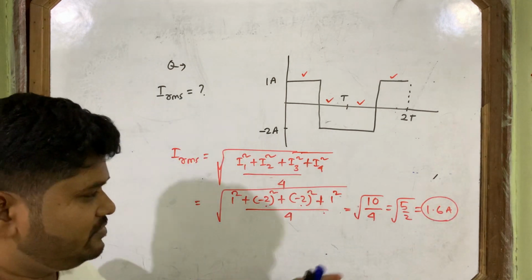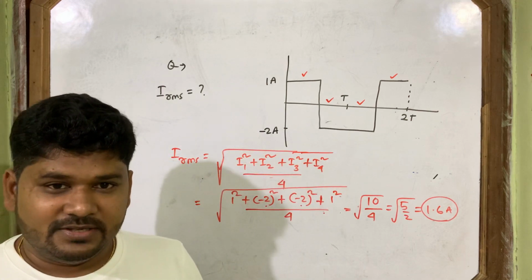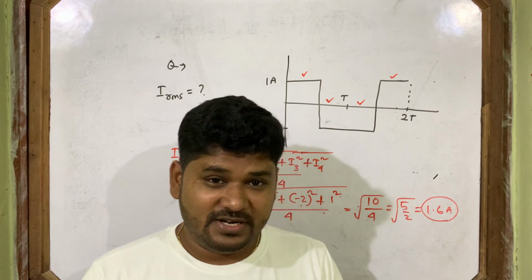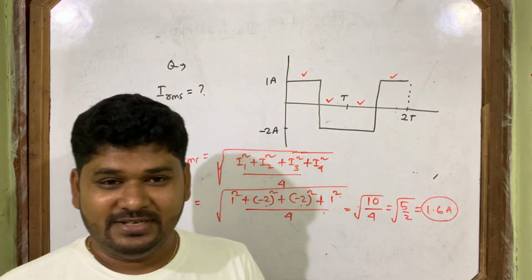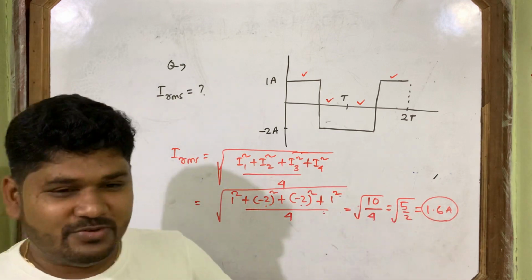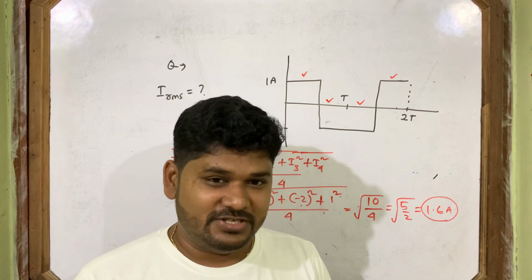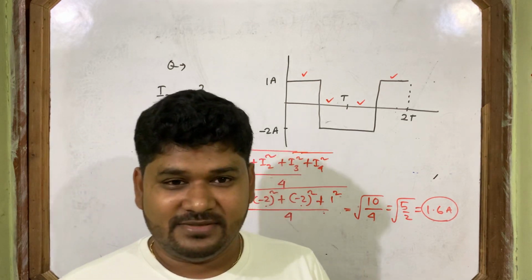You will solve it; I don't know whether it is correct or not. Okay? If you got 1.6 ampere from the starting, then you are a genius. You are very good. If from the starting, without making the common mistake, you got the answer 1.6, then you are a genius. You test yourself now.